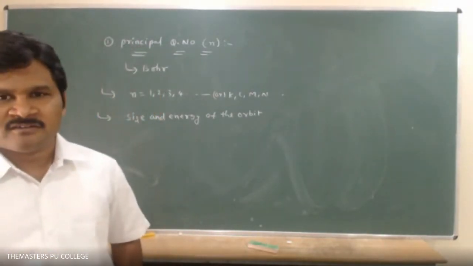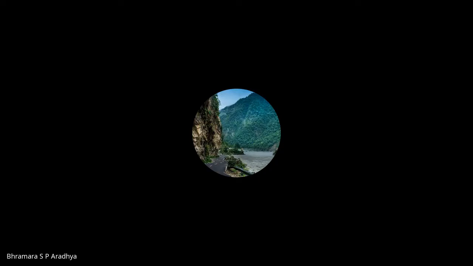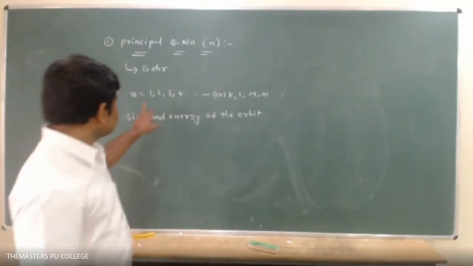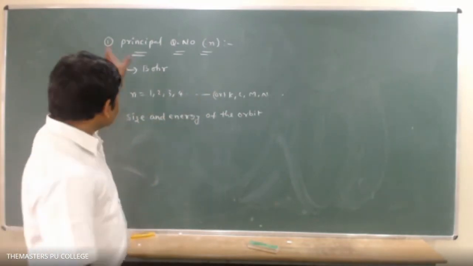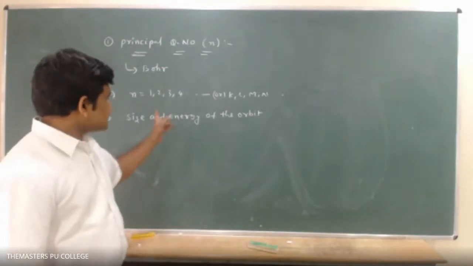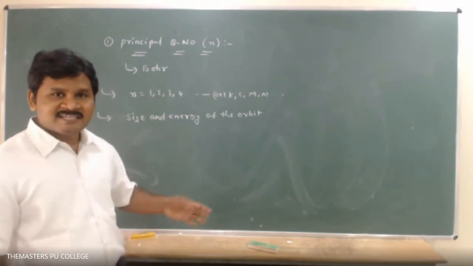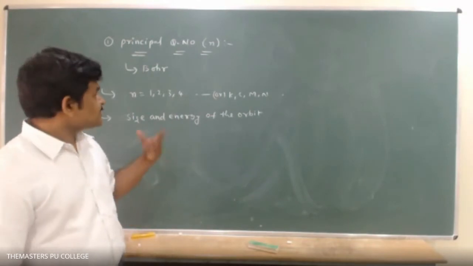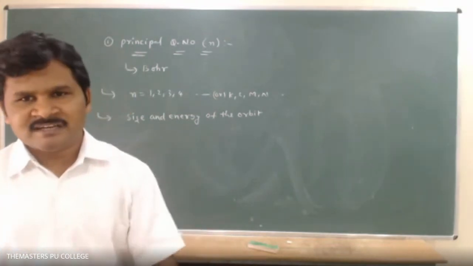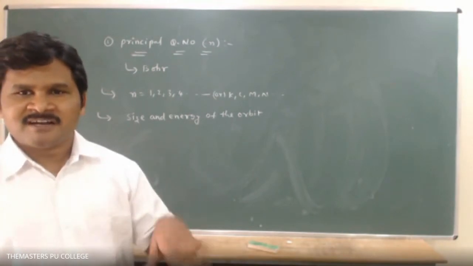Say, now what is your doubt? Sir, is there any difference between principal quantum number and shell number? Principal quantum number and shell number just mean we write numbers or letters. But this quantum number is used to indicate the shell number as well as the size and energy, which we can explain by using that number. So that is the use of this principal quantum number. It gives information about different shells or orbits only, so there is not much difference between principal quantum number and shell number.